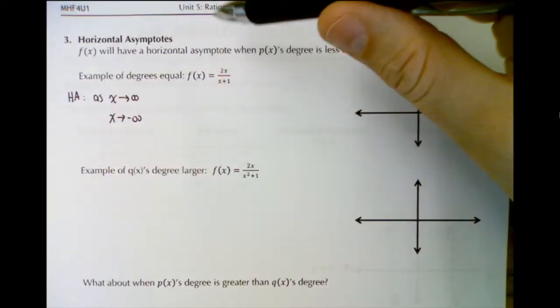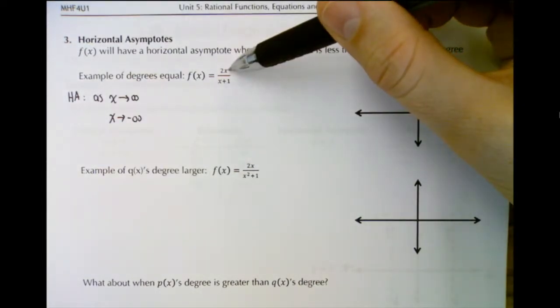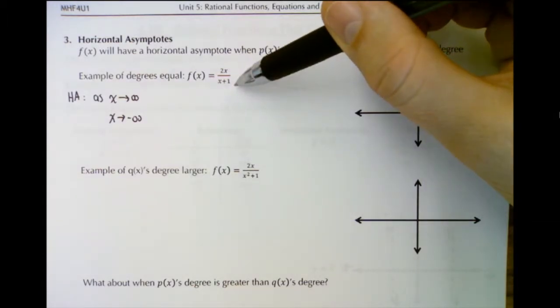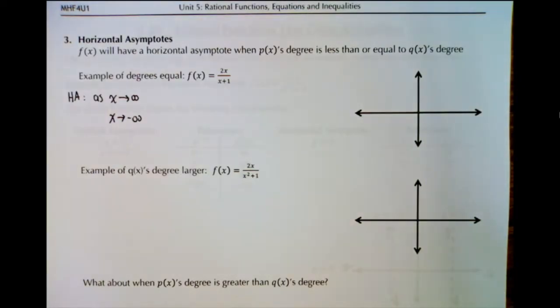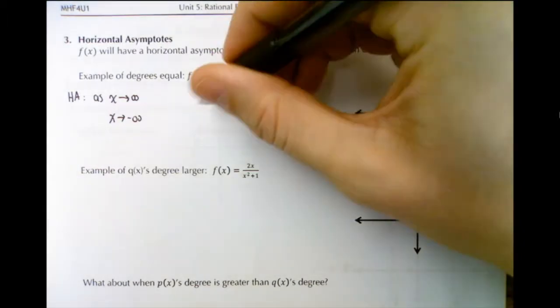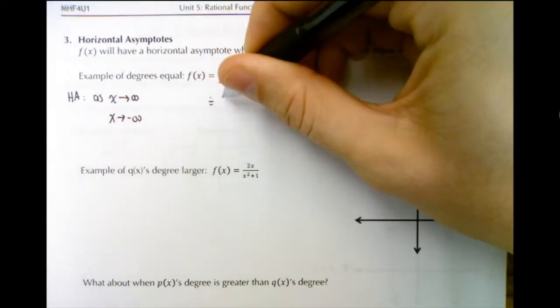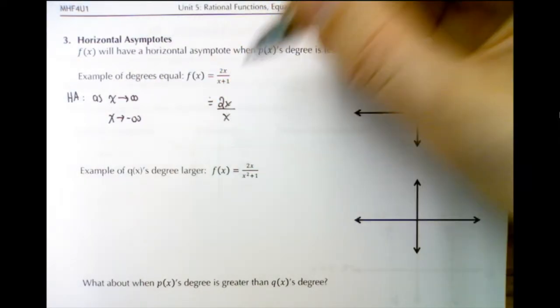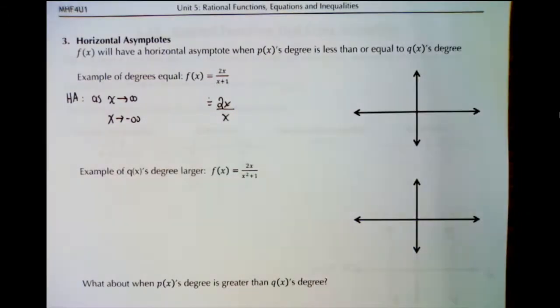If we were to plug in a million, this would say 2 million over 1,000,001. 2 million divided by 1,000,001 is slightly less than 2. So what you see here is we're tending towards 2. An easy way to see that is to simplify this function by approximating. This is approximately, as x gets really big, the same as 2x over x. We can ignore the plus 1 because that is a really small influence on the value of y when x gets really, really big,